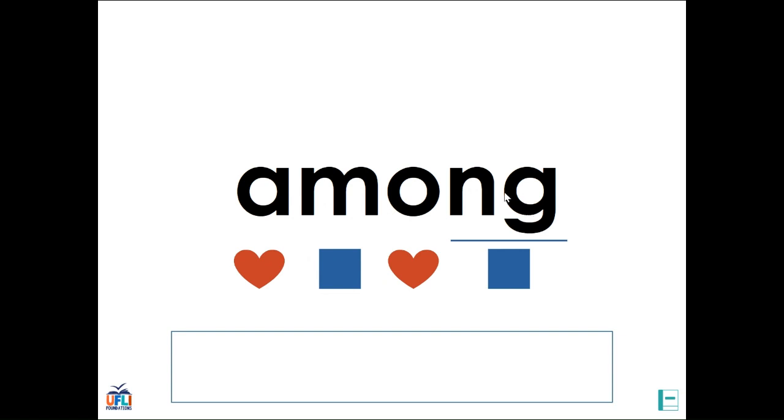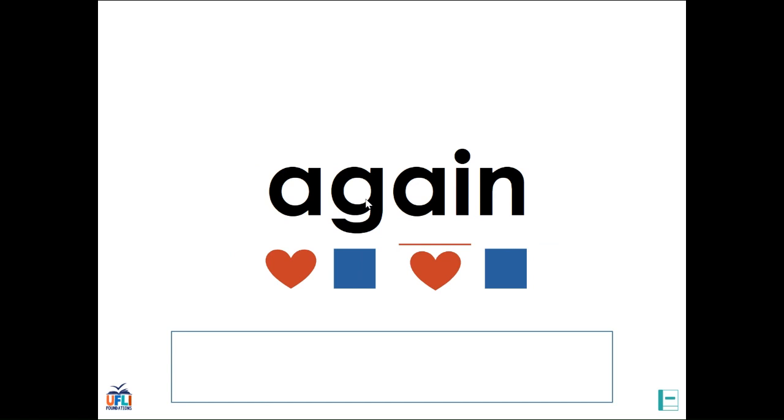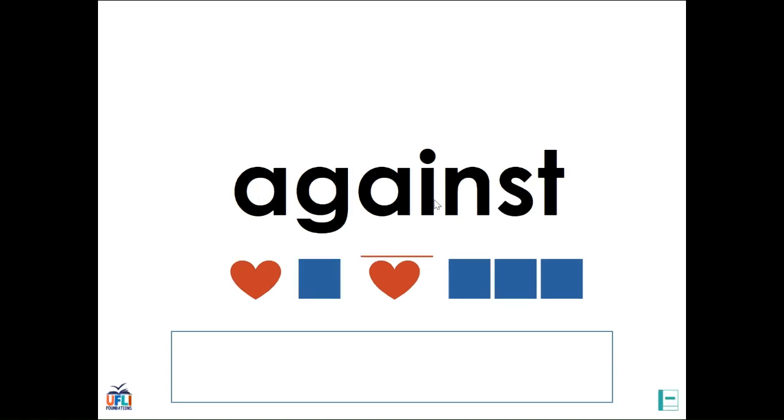Among, this does exactly what you would think it would do, but the O and the E, they're making that schwa sound, both times. Again. These are the parts that are tricky, that sometimes you just have to learn how they're spelled, and then